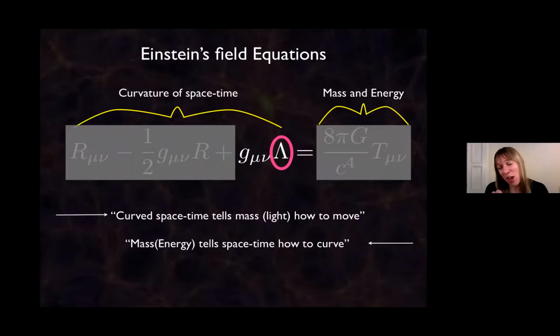Point is, this term is only there because it's mathematically possible to have it. So when you derive Einstein's field equations, which you will if you take a general relativity course, you can include this constant as a constant of integration. Whenever you do integration, you can always put in a constant. So that's why it's there, just because mathematically you can put it in there, but there's no physical origin for this term to be there, or is there?